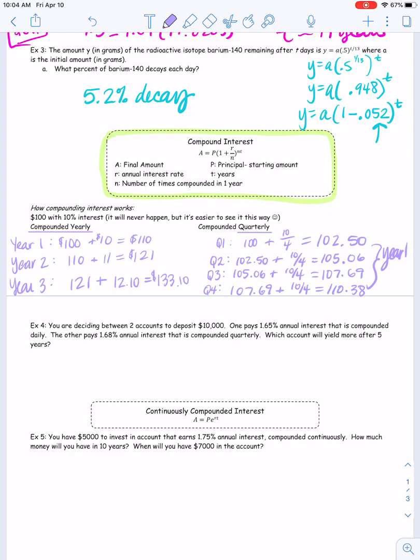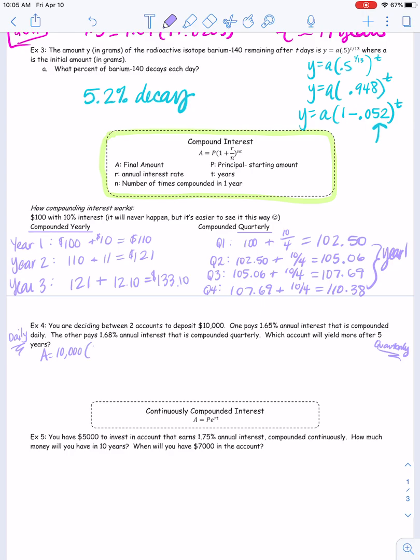So I want to check out both of these options, right? So on the left-hand side, I'll do the compounded daily. So this will be my daily. And then on the right-hand side, I'll talk about the one that's quarterly. Okay. So first thing I will do is I want to write the function given this information. So account 1, that's compounded daily, it's only going to pay 1.65% annual interest rate. My principal amount, what am I depositing, is $10,000. So that means A, my final amount, is going to be my principal,